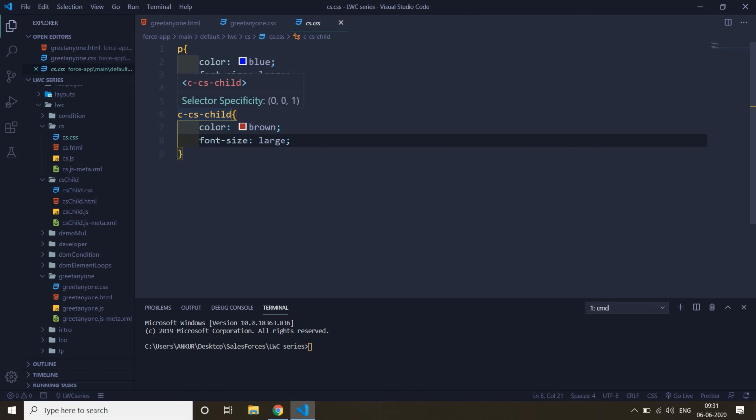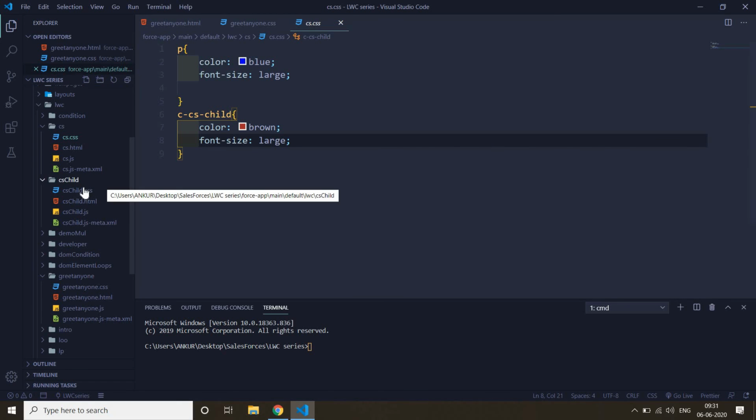For that you have to write the child element name in kebab case. So here, c dash cs dash child, and after that provide the CSS for the child element. You can also make a separate CSS file for your child element.